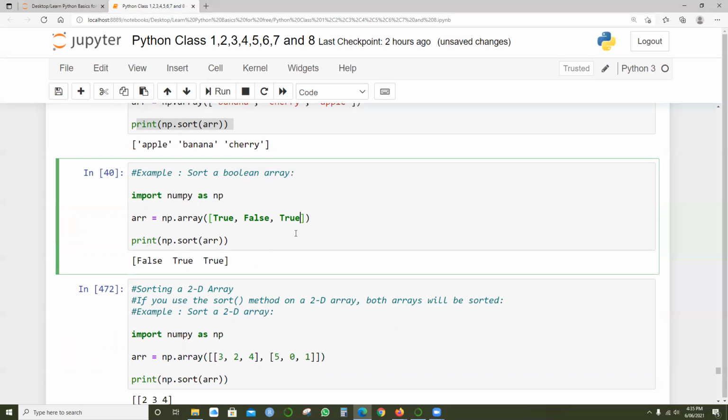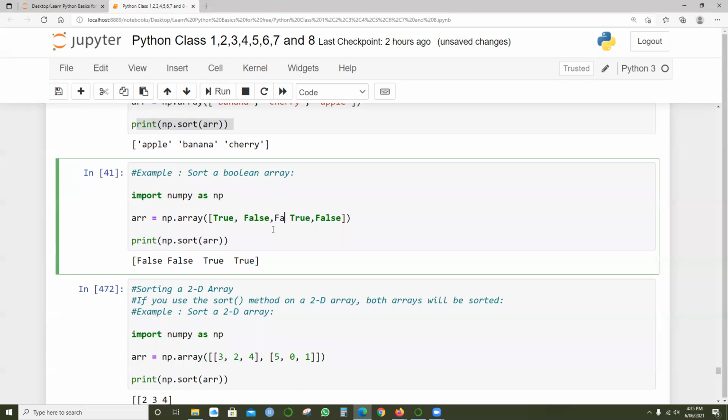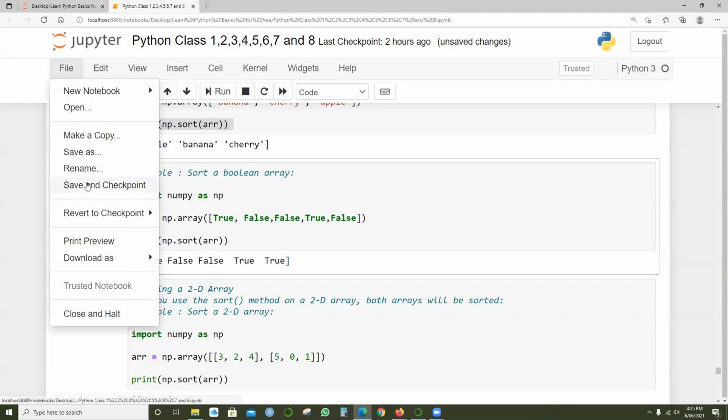Even if I add one more false and run this, so this time when I sort it, it gives false, false, false and true, true. That's what it's trying to sort.